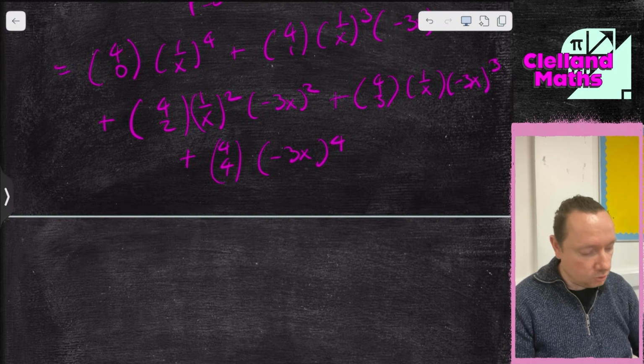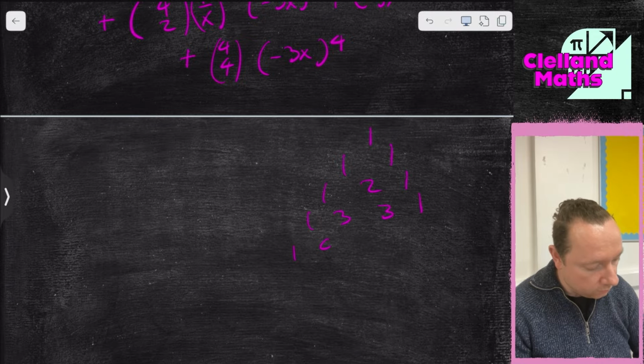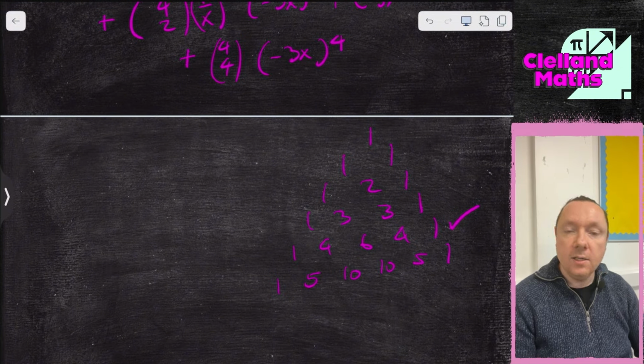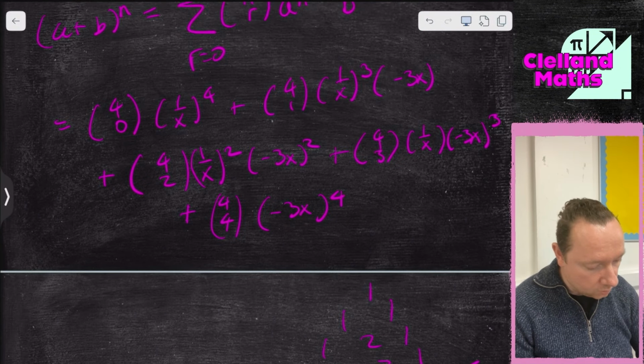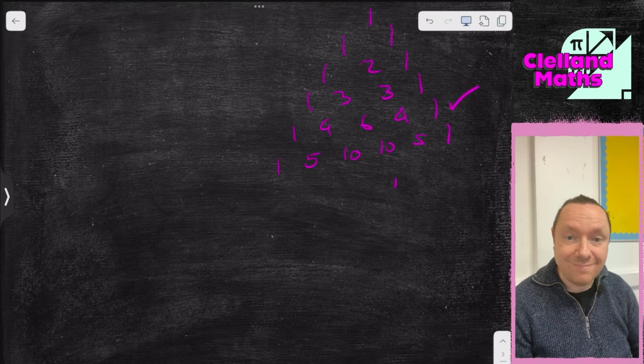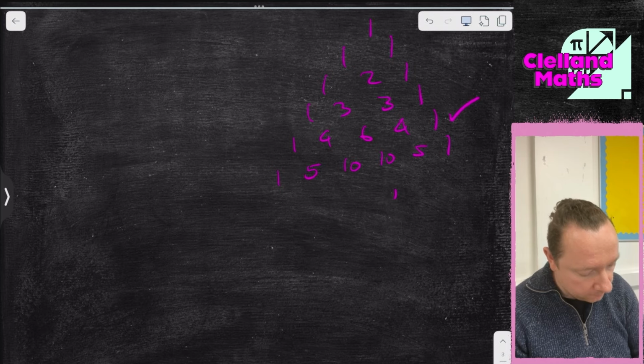We can just use Pascal's triangle. So Pascal's triangle is 1, 1, 1, 1, 2, 1, 1, 3, 3, 1, 1, 4, 6, 4, 1, 1, 5, 10, 10, 5, and so on. But it's this line I need. So it is 1 times 1 over x to the 4. So it's that line we want. So it's 1 times 1 over x to the 4